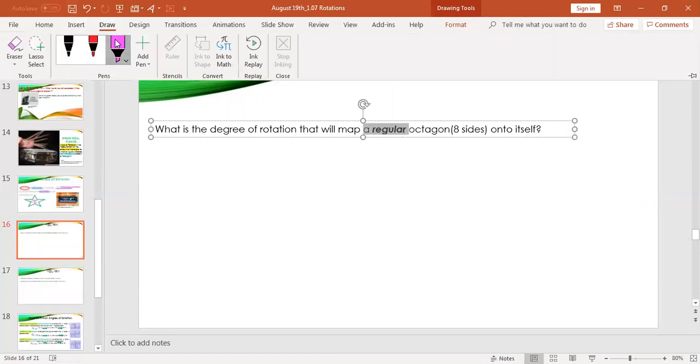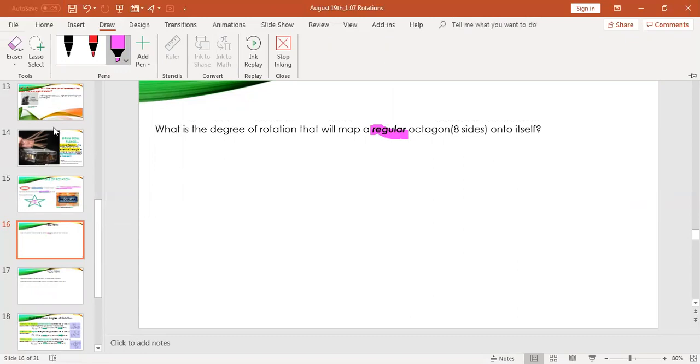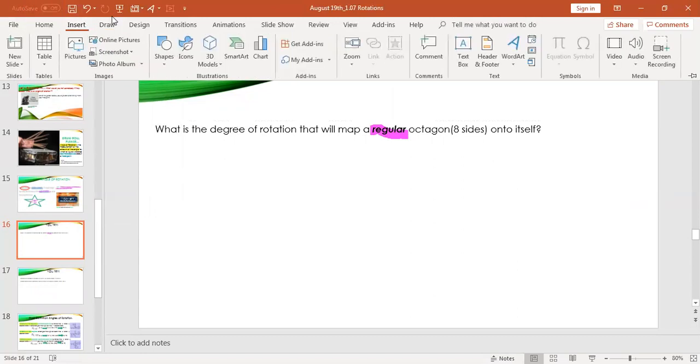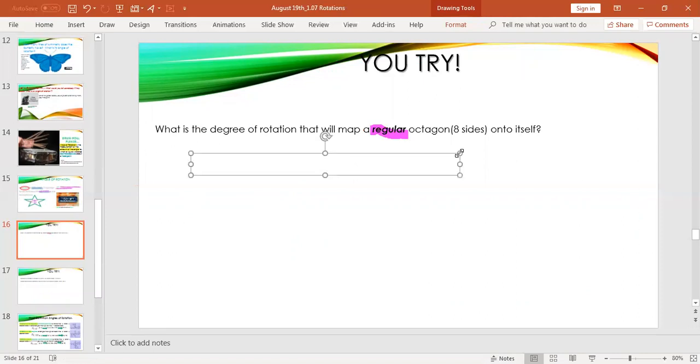All right, so regular means 8 congruent sides, 8 congruent angles in this instance, okay? So we don't have to use lines of symmetry. Since it's a regular polygon, octagon,